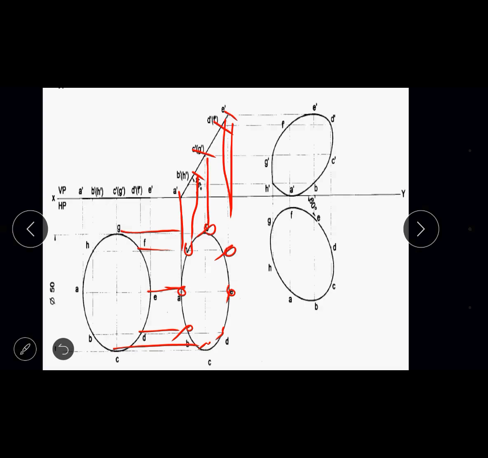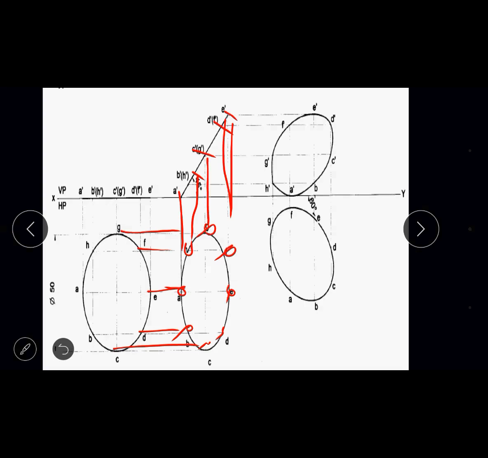And then we draw the ellipse in the form of a freehand sketch. A freehand sketch we can do in a sketchbook, whereas in computer drawing we have a separate command for construction of an ellipse, by center point or ellipse by 3 points. So using the ellipse command, you can construct an exact ellipse in computer drawing, whereas in manual sketching it's a freehand sketch. So this is the second step.